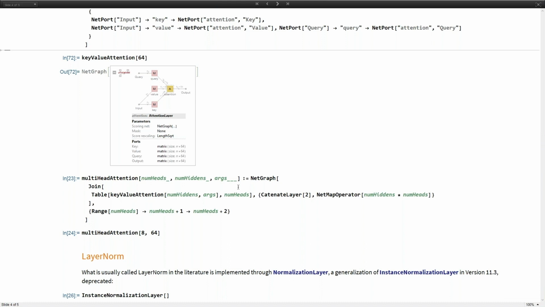The other building block we needed, which is a much simpler one, is what is usually called layer norm in literature, and it's implemented through the new normalization layer. This is also a generalization of an older layer, which was called instance normalization layer, which is now deprecated and returns an equivalent normalization layer.